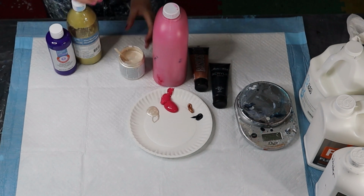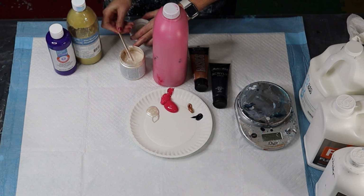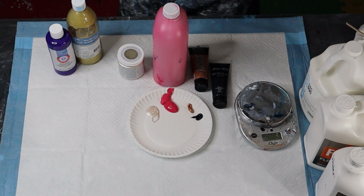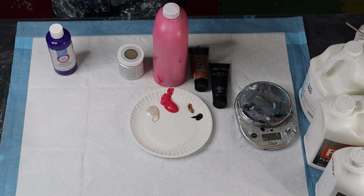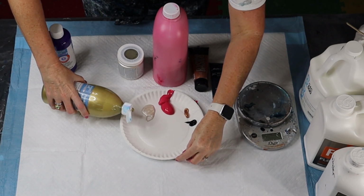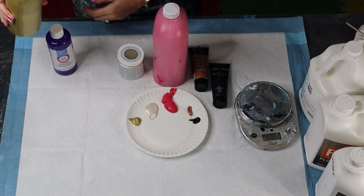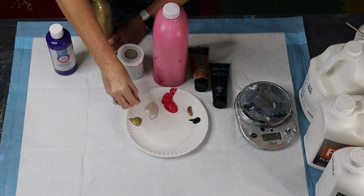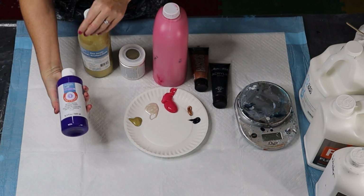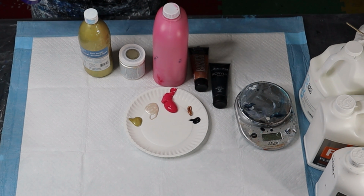And then the next one I wanted to show you is this Artist Loft Flow acrylic. And it too is even thinner. And it comes out thinner as well. See how it also separates? Okay. And then this is the Artist Loft Ready Mix Pouring Paints, which has a really nice thick consistency, and